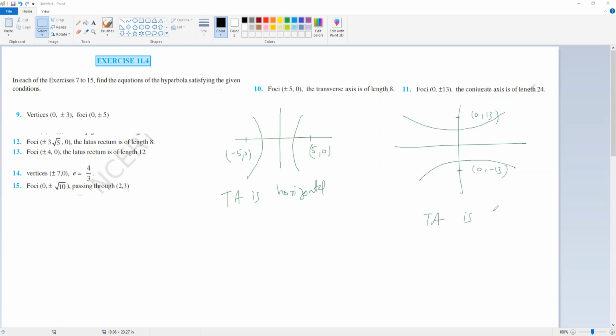Here you will get transverse axis is vertical. Then the transverse axis length given is 8. Always the length of the transverse axis is 2a, so 2a is equal to 8, whether a is big or small, the transverse axis length is 2a. Here conjugate axis,